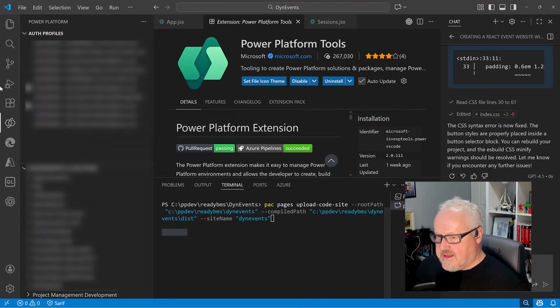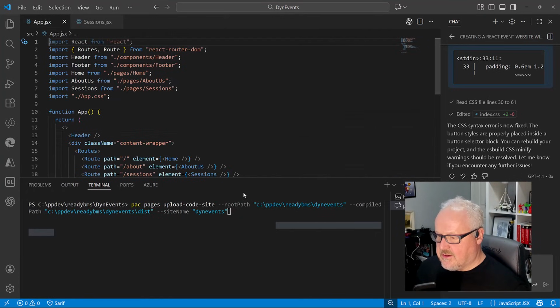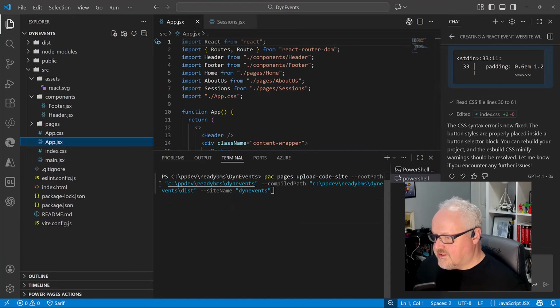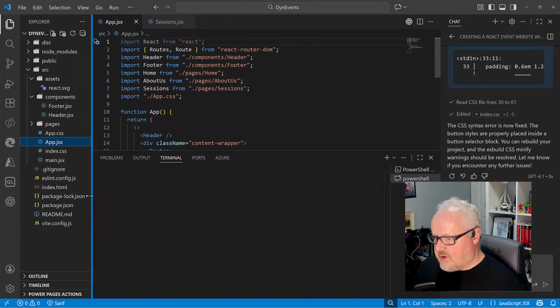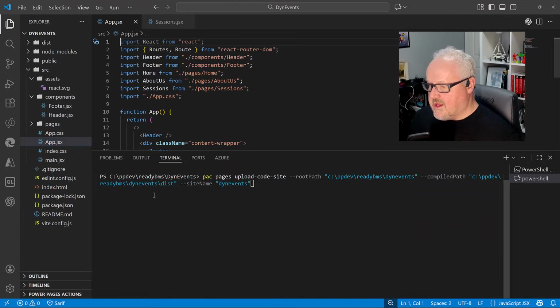So basically, I'm just going to close the extension information here. On our terminal here, let me just widen that up a little bit. We can get Copilot out of the way. Using pack pages. Now this could be pack pa portals or pack power pages or pack pages. It's gone through a lot of different names. Microsoft likes to rename things, as we know. We're using the command